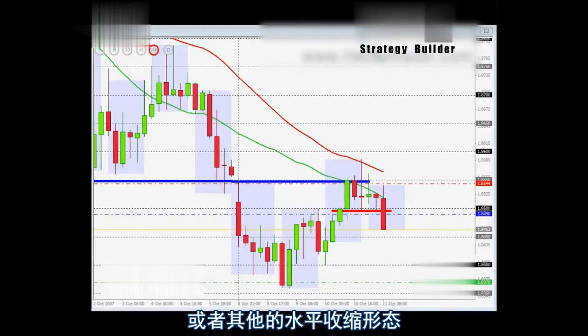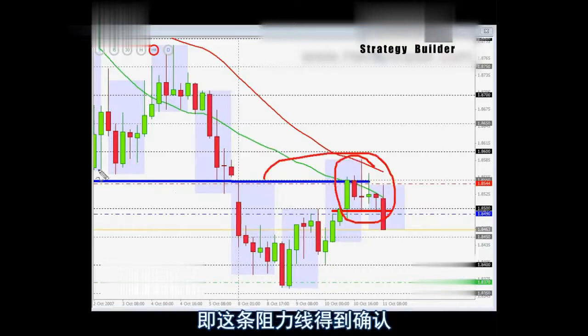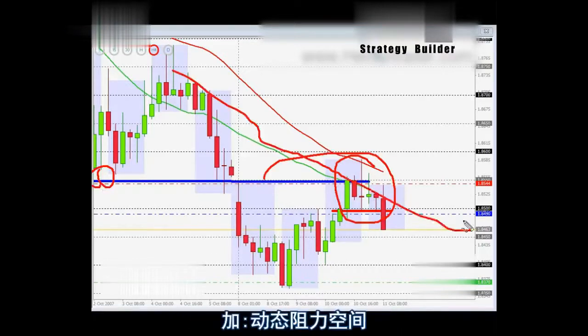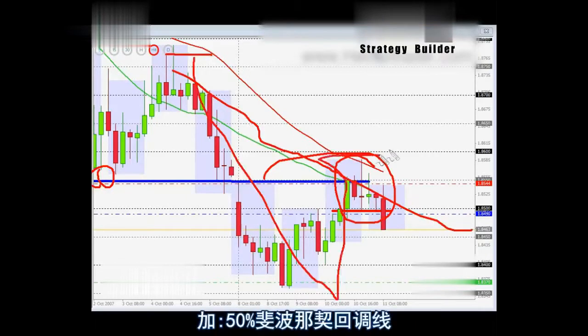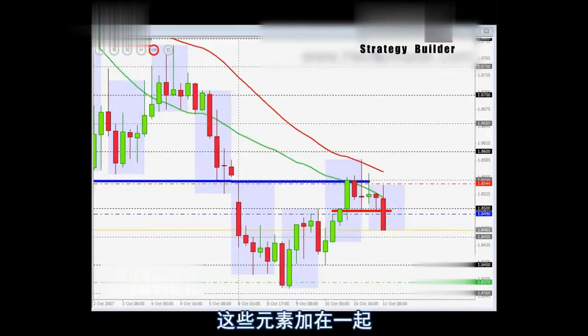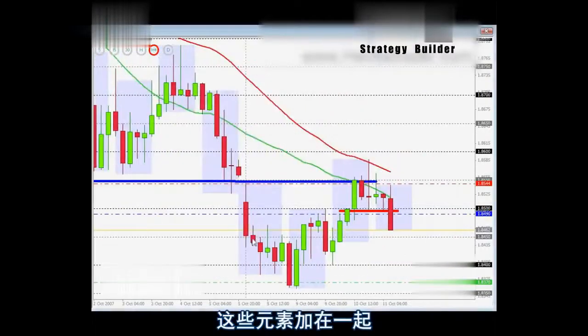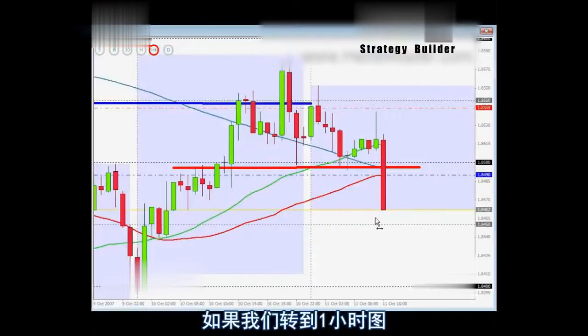I was telling them that I was basically waiting for a breakout to the downside in order to trigger my short entry as soon as I find my reversal formation confirming that this level of resistance, the previous swing low, the dynamic area of resistance, the 50% Fibonacci level, etc., is actually holding the retracement. So if we zoom now into the 1 hour time frame, which is the one that you are seeing right now,